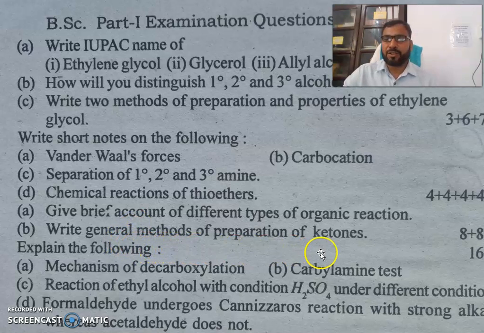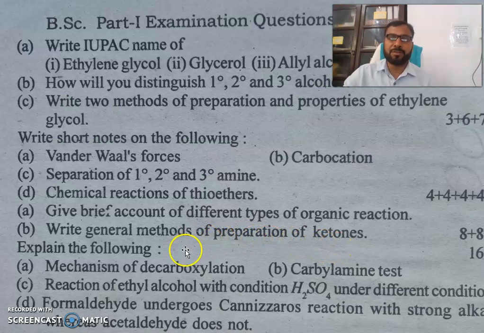Write general method of preparation of ketones, and this is very important also. General method of preparation of ketones means it is not specific to any compound. How you will synthesize ketones, means acetone and many more. This acetone is the first compound. So how you will synthesize, you have to write general method of preparation of ketones. If such type of question is there, at least you have to write 3 or 4 methods of preparation